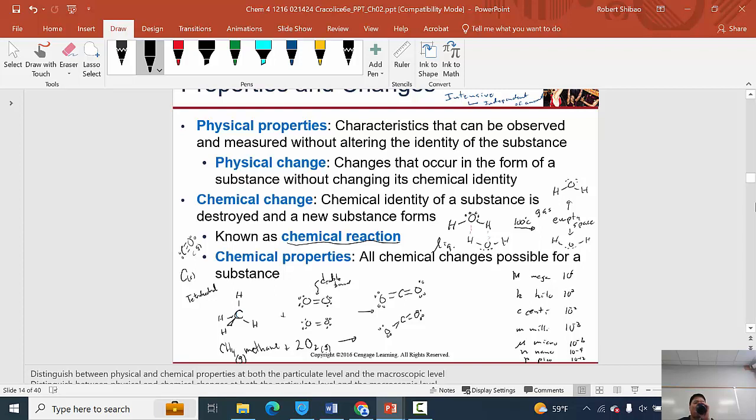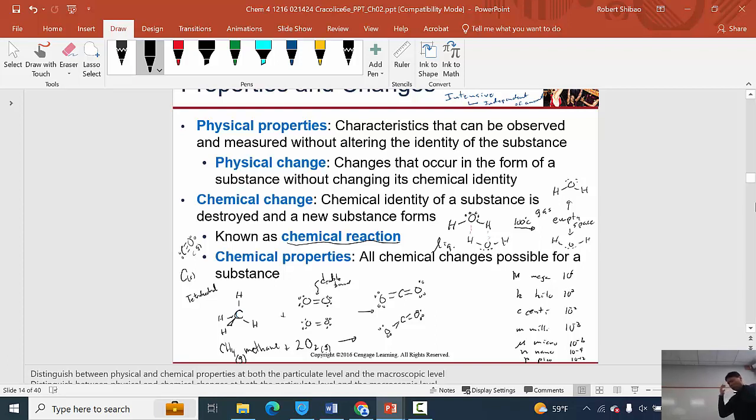For soot, isn't it C with a subscript S? No, soot is just soot. C with an S has different structures. We call the different structures of carbon allotropes. Carbon, we'll talk about that soon. But there are different structures we can have. Pure carbon could be in the form of diamond. It could be in the form of graphite, or it could be in the form of soot, or